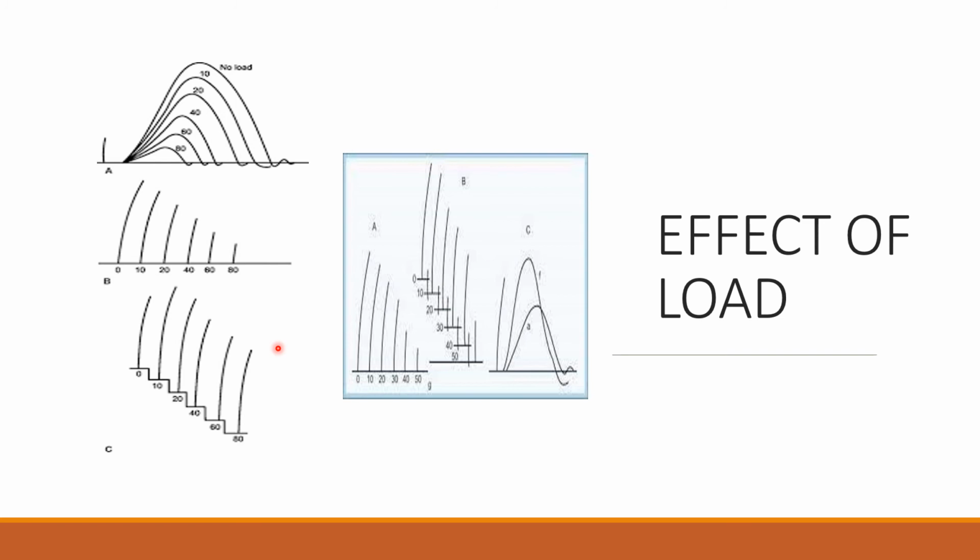So the work done by the muscle is affected by afterloading and free loading. In free loaded condition, the work efficiency increases, and in afterload, the work efficiency decreases. So this is the most common observation in your daily life. If you hold a weight and then after that you contract the muscle, then work efficiency is more. But if the load is applied after the start of contraction, then the work efficiency decreases.